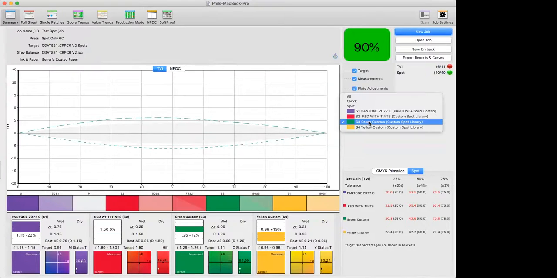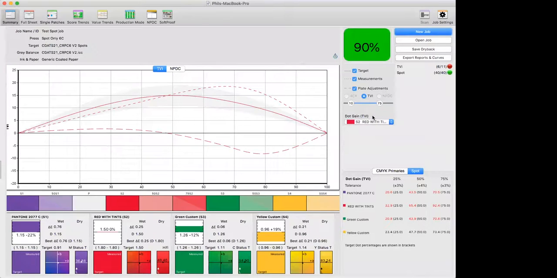That's true for all of the other curves except for red. If I go for red, let me just take away one of the curves. Our measured curve is the dotted line, and you can see that we kind of go underneath and then above the target value. So pressSIGN would say, okay, well, if that's as good as you can do with red,